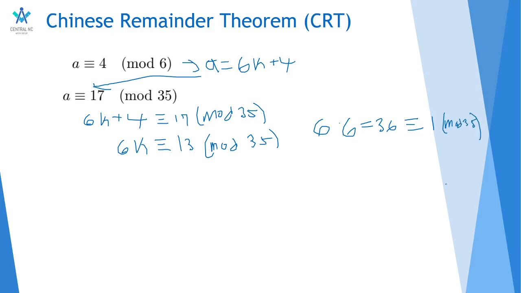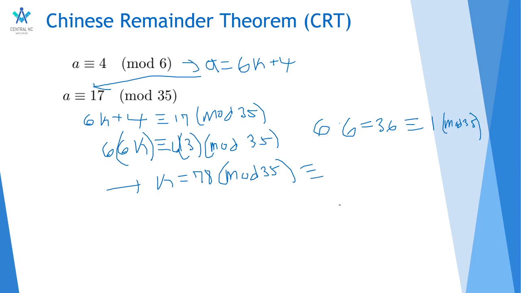All right. So if we multiply both sides of this congruence by 6, we should get k is congruent to 78 mod 35, which is actually congruent to 8 if you simplify it down, since 35 times 2 is 70. 8 mod 35. All right, so we can write k is congruent to 8 mod 35